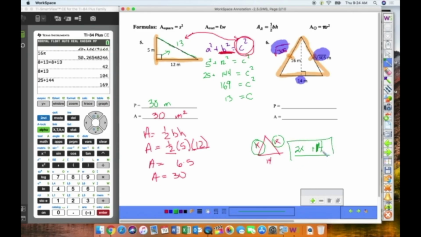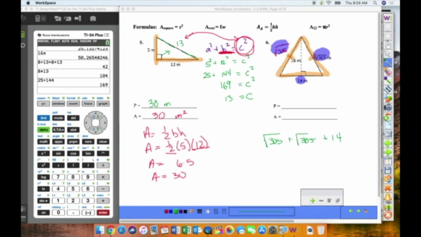And you can't add those two together because they're not like terms. This guy's got an x with it, this guy doesn't. Well, it's the same concept here. You've got a square root of 305 plus another square root of 305 plus 14 is what you're trying to